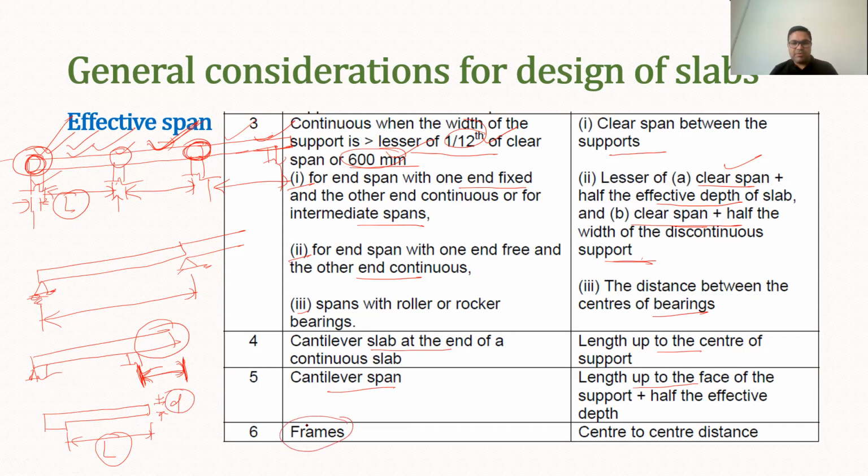Similarly, if we have multi-story building framed structures, in that case, generally we measure the effective span of the slab as center to center of the supports. So we may have so many panels. So if we have the multi-story building, the span of the slab will be considered as center to center of the support on which they are supporting. So these are the points that are already given in the IS code. So you can refer to the IS code.